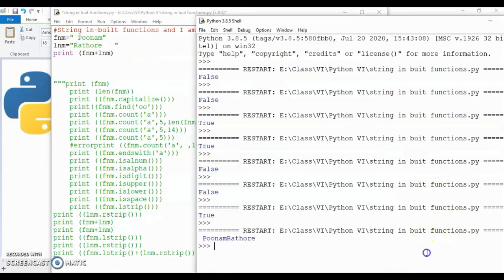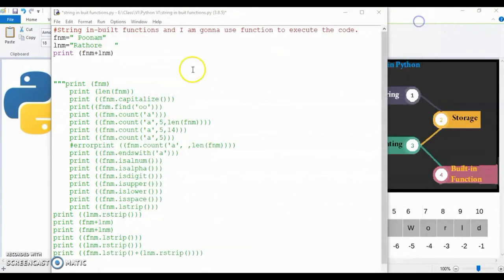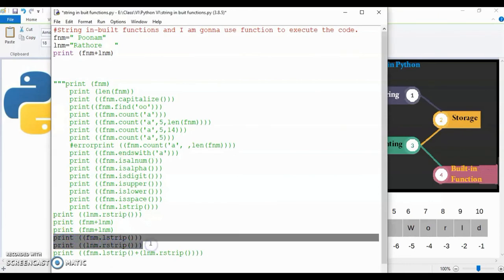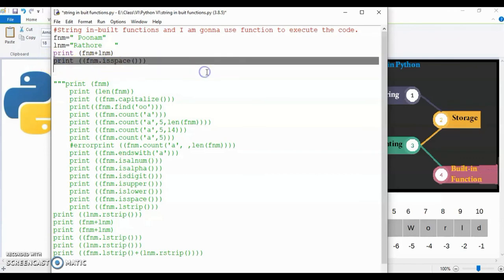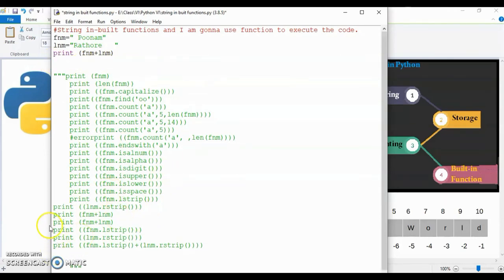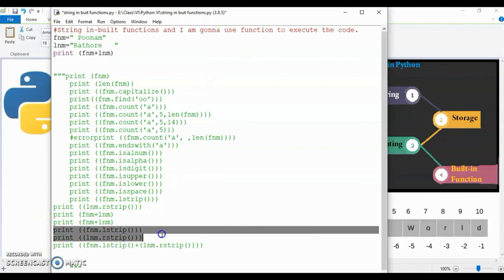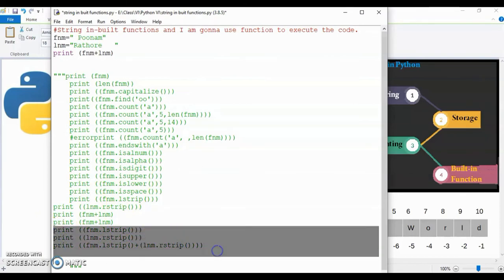So now this space I am going to remove with the help of the lstrip and rstrip functions. So let's see, first I'm going to print my name by removing the spaces from the left hand side and right hand side, and then I'm going to remove them.